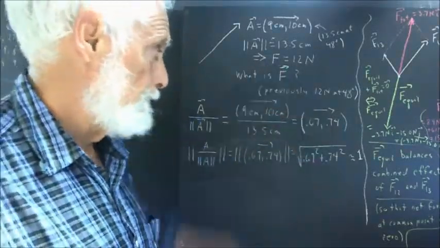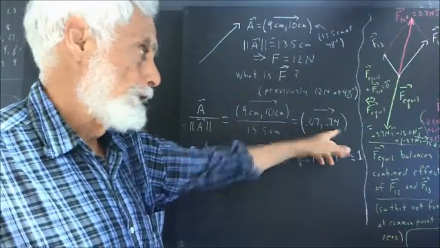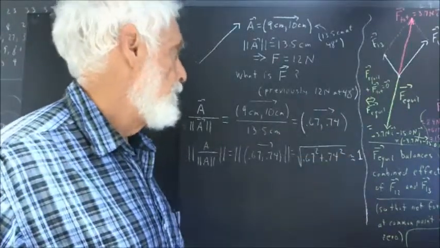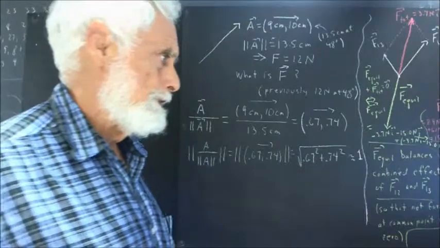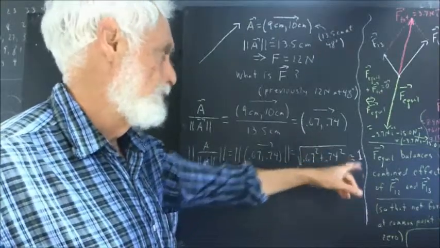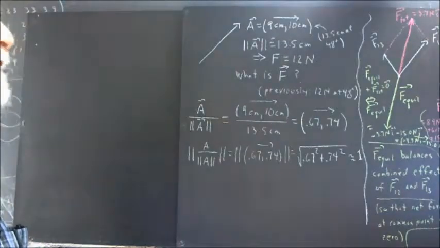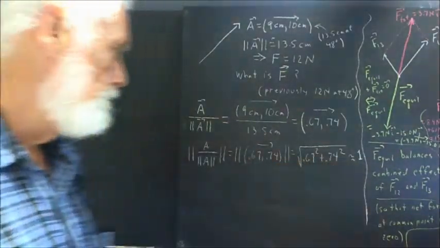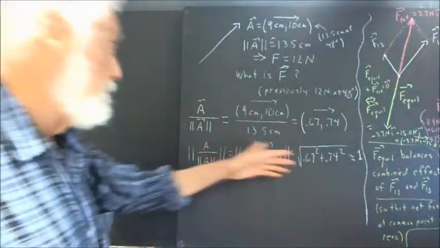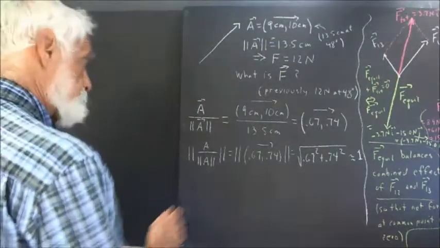0.67 is really 0.66 repeating. 0.74 is pretty close to the 0.74. I believe this probably comes out between 0.99 and 1, and probably closer to 1 with the round-offs that I've used here. Okay, well, anyhow, the point is then that